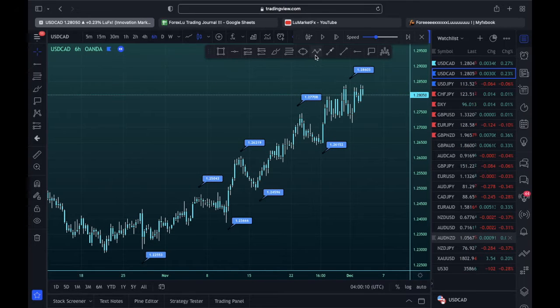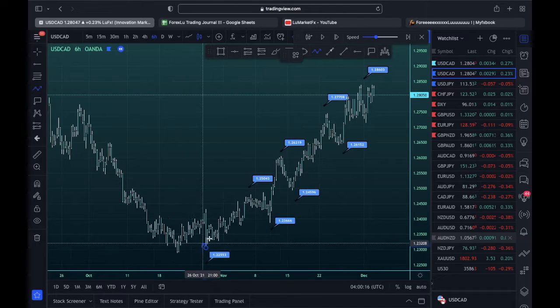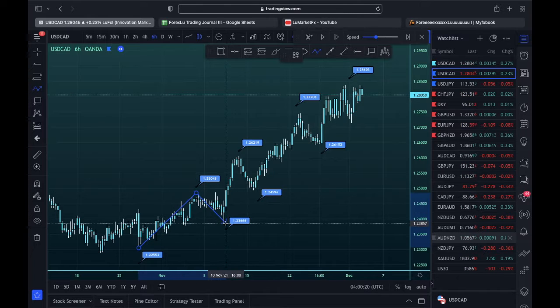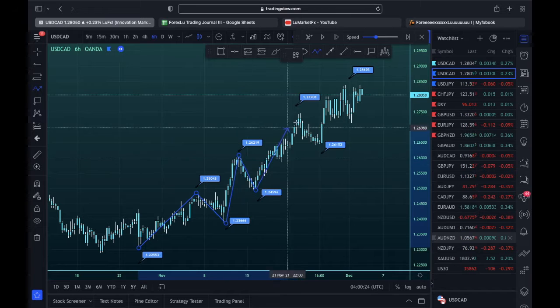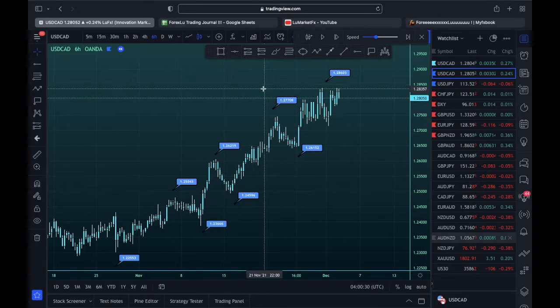So if you didn't understand what I just marked up, I was just marking market structure, right? And I was starting here. So we had our low, and I was starting here because this is where the low is at, right? So we have our low right here, then we have our high, higher low, higher high, higher low, broke above this high to make a new higher high, higher low, higher high. So now, with the market structure we have right here,